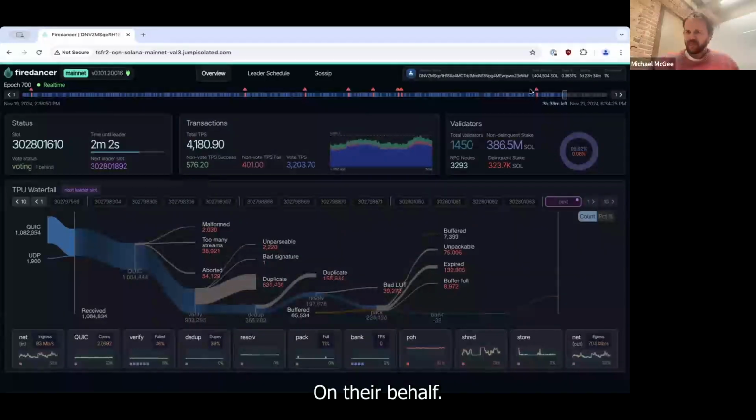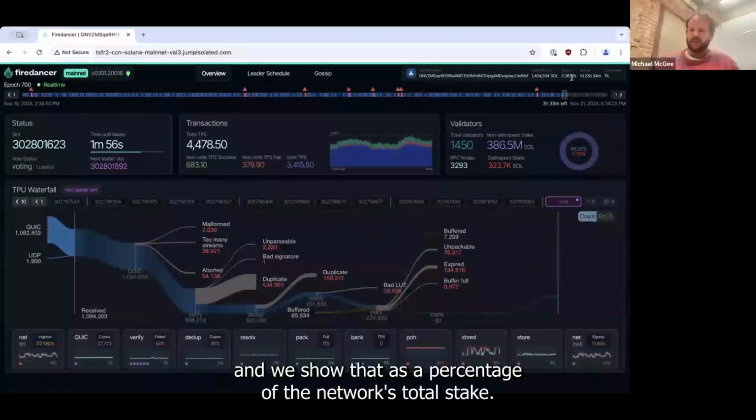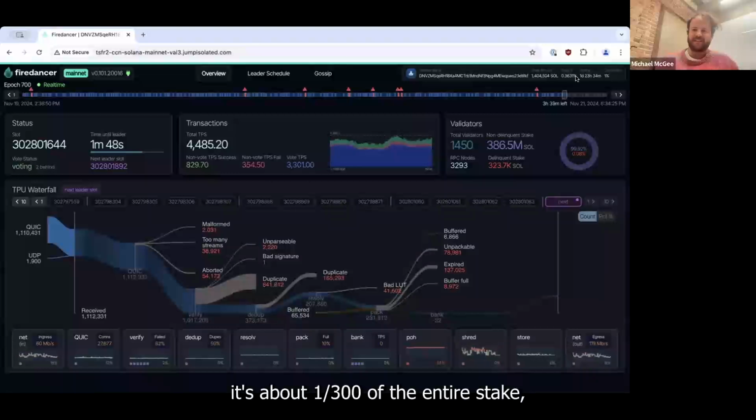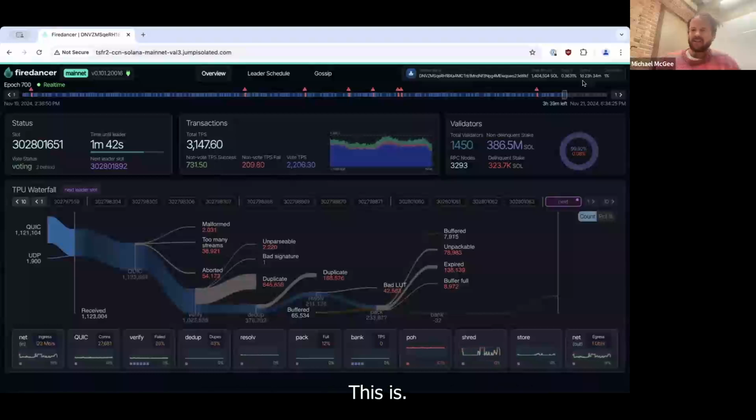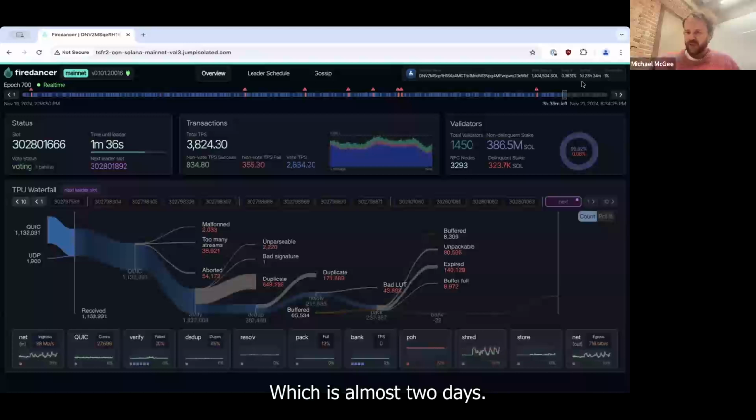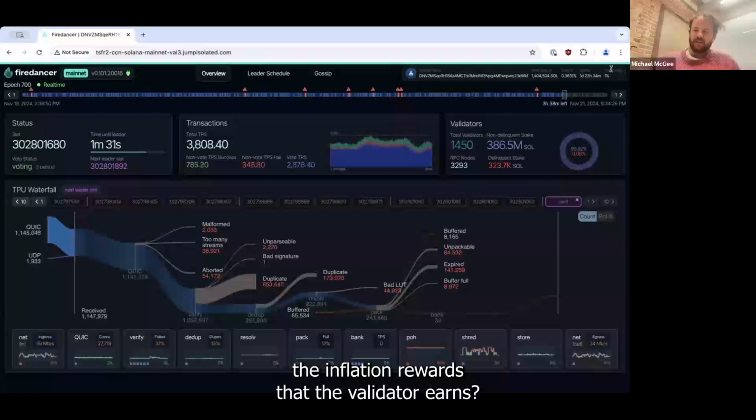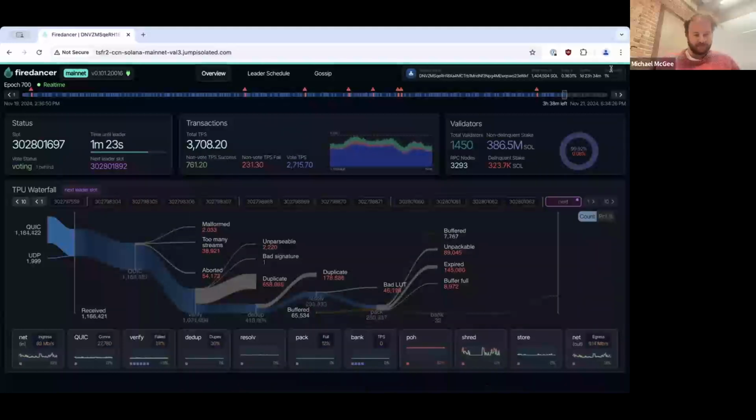their behalf. Here we see that the validator we're running has about 1.4 million SOL, and we show that as a percentage of the network's total stake. So this is 0.36%, it's about 1/300th of the entire stake that's staked on the network. We then have the uptime of the validator. This is a standard measure of how long the validator's been running without being rebooted, which is almost 2 days. And the commission rate, which is what percentage of the inflation rewards that the validator earns are kept by the validator versus being returned to the stakers who delegated to that